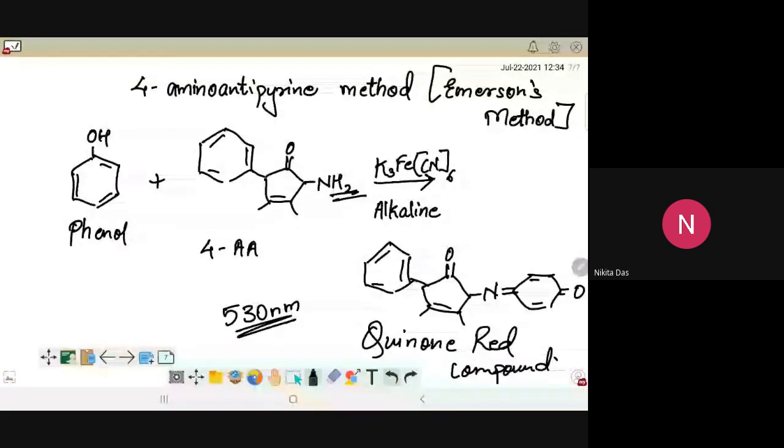Now let me tell you that 4-amino antipyrine has been used not just to directly detect phenol, but all phenolic based compounds. And it has also been utilized for several diagnostic purposes. You will be learning some of these in the next semester as well, wherein you see how glucose or cholesterol can be measured using the same technique of 4-amino antipyrine method. The only difference is that there the oxidation coupling agent is not potassium ferricyanide, but we depend on hydrogen peroxide. But I'm not delving into that method right now. We will see that in the next sem.